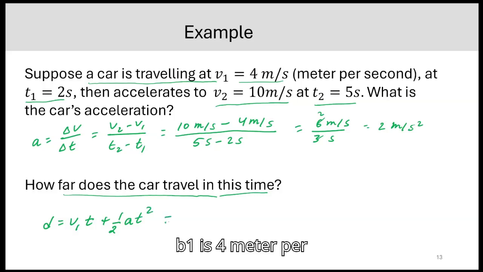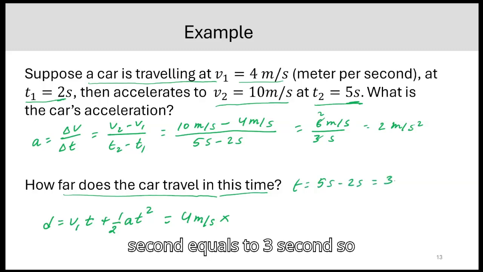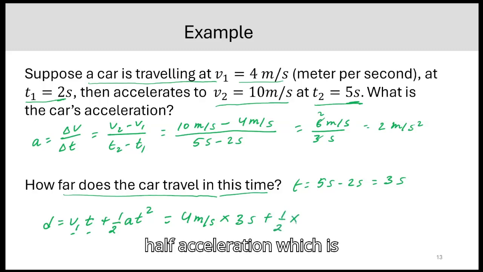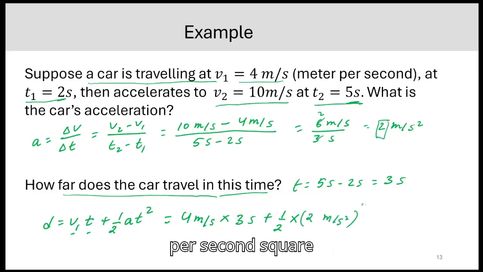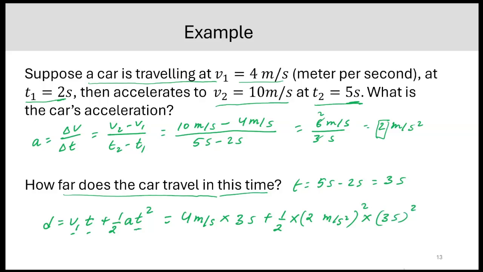Here v1 is 4 meters per second and time is 5 seconds minus 2 seconds, equals 3 seconds. So initial velocity times time, 3 seconds, plus half times the acceleration we just calculated, 2 meters per second squared,